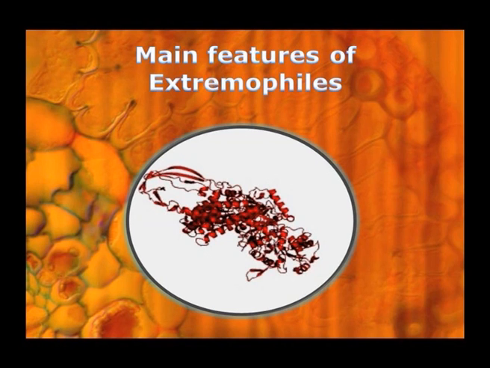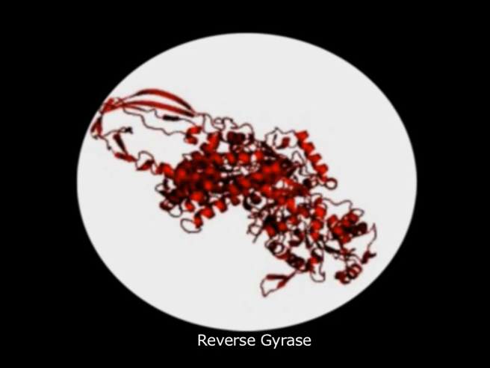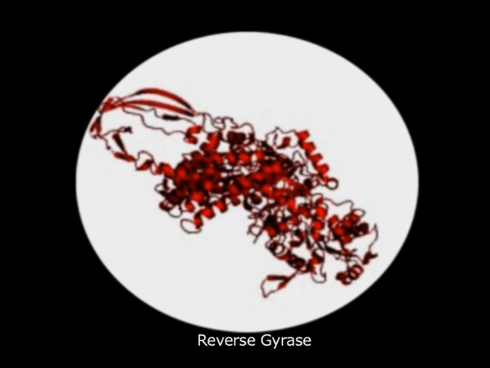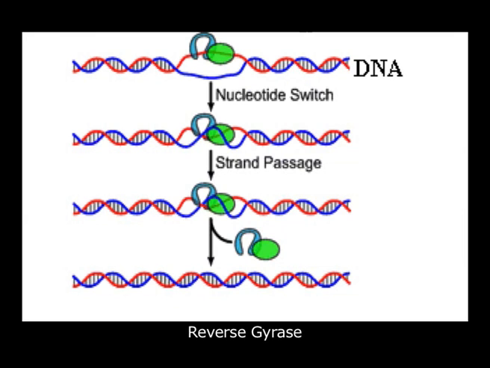Main features of extremophilic Archaebacteria. It has three main strategies: the gyrase activity, the modified nucleosides, and the lipid content in the membrane. The first one is reverse gyrase. Reverse gyrase supercoils the DNA in a positive way, right? Actually, in general bacteria and eukaryotes, negative supercoiling is found. But here, the gyrase imparts positive supercoiling, which actually strengthens the DNA structure and helps to fight against the extreme environment.